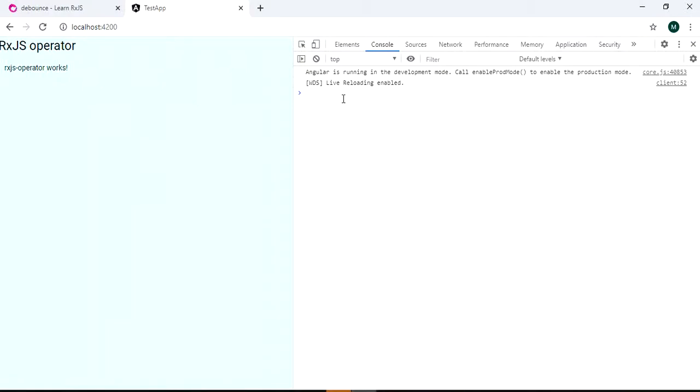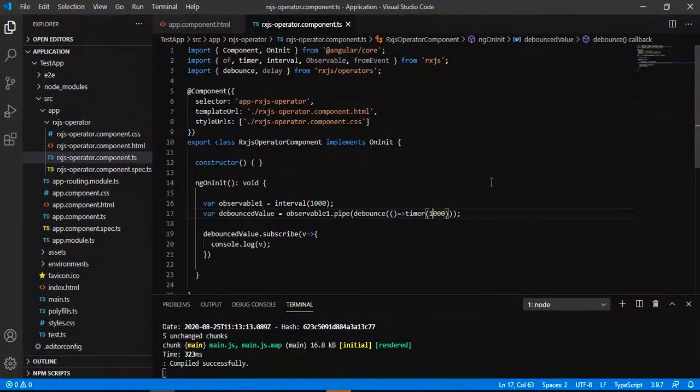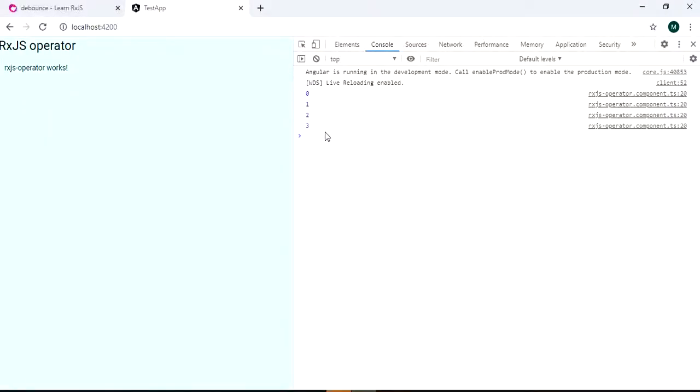This is because as soon as you get the value, it keeps on checking for the debounce time to make sure that this is the final value, and before it gets sure this particular value is the final value, our source observable again emits a new value. So in this way this particular observable will never be able to print the value. Suppose I give some time less than the interval time, say 900 milliseconds, and the source observable returns the value after a second. Then you can see it is printing now. After a second, it is emitting all the values.